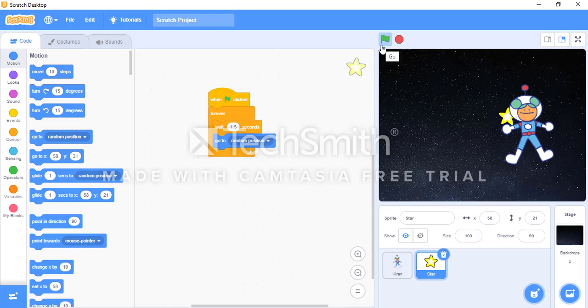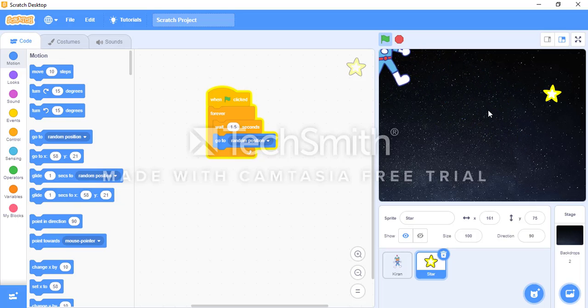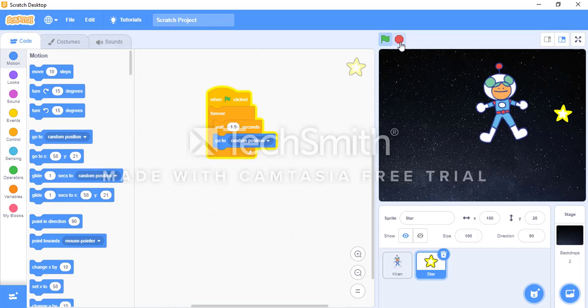It means that every 1.5 seconds it will be in some other place. Let's see. Yeah, so everything's going alright for motions.